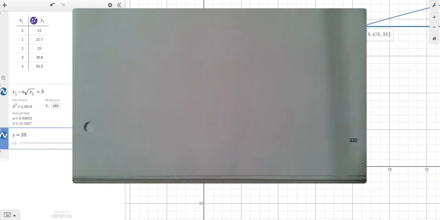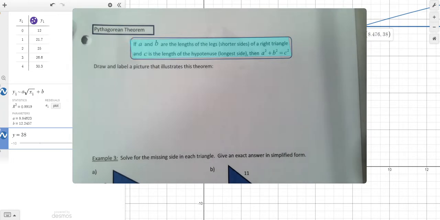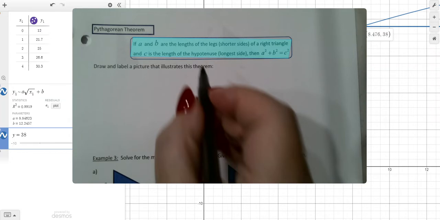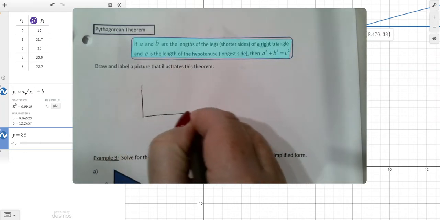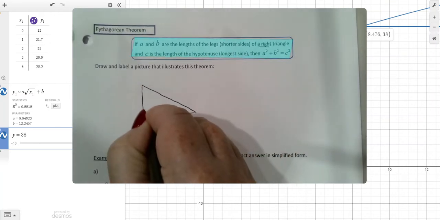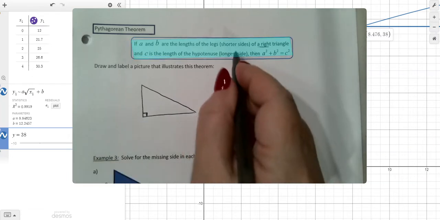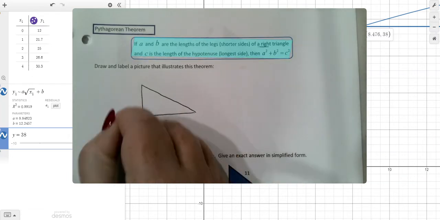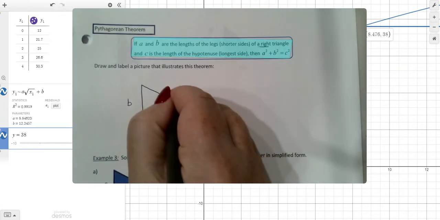All right, we have another application here for our radicals. I'm sure you've all used the Pythagorean theorem before. Basically, it says that if we have a right triangle, a triangle with a 90-degree angle, a perfectly square corner right there, and A and B are the lengths of what we call the legs, the shorter sides, and C is the length of the hypotenuse or longest side,